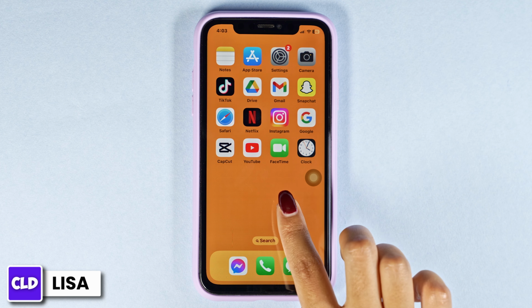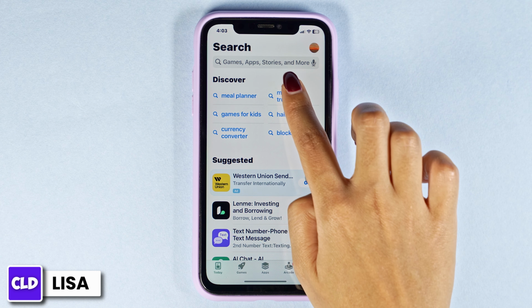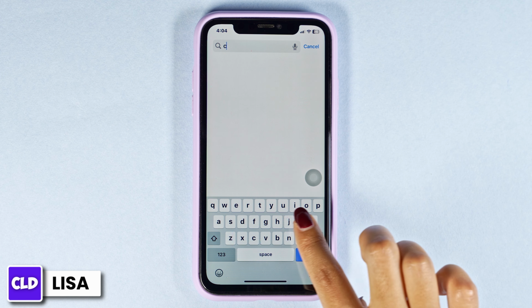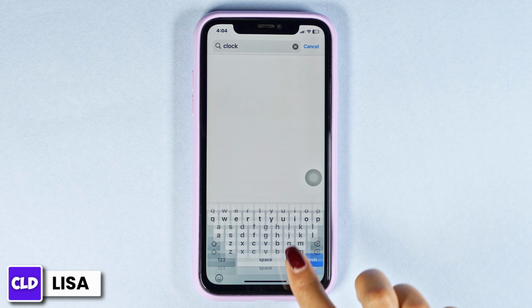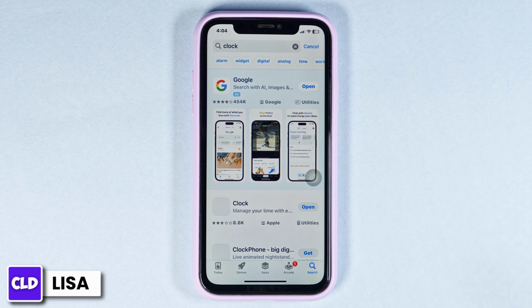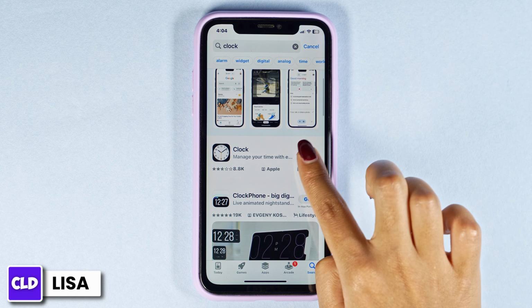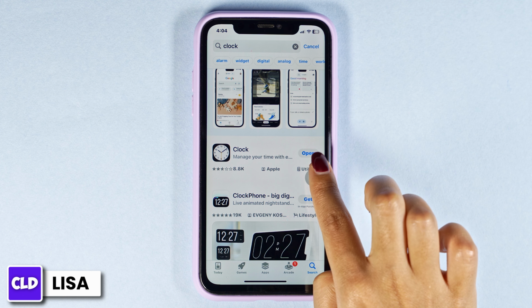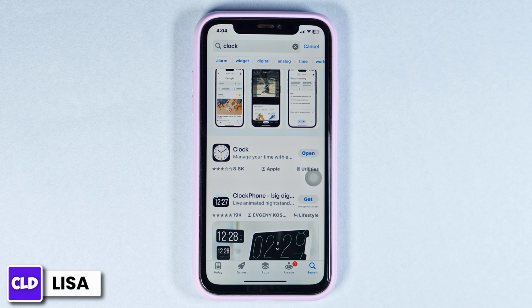Likewise, next thing you want to do is launch your app store. At the very top, you will see the search box. Over there, type in the app name clock and search for it. After the app appears, at the right corner of the app, you might find the option of update. If you find the option of update over here, just click on it and update the app to its latest